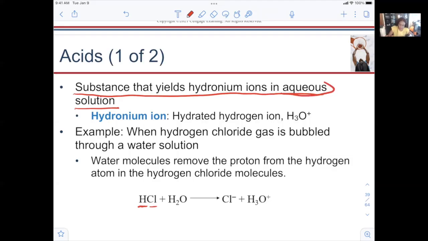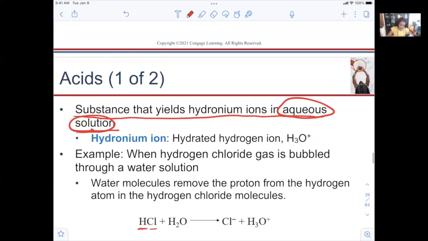And that's why it's important to define the acid inside an aqueous solution, meaning water. Okay, an example of that is HCl. HCl is usually a gas. When you dissolve it in water,